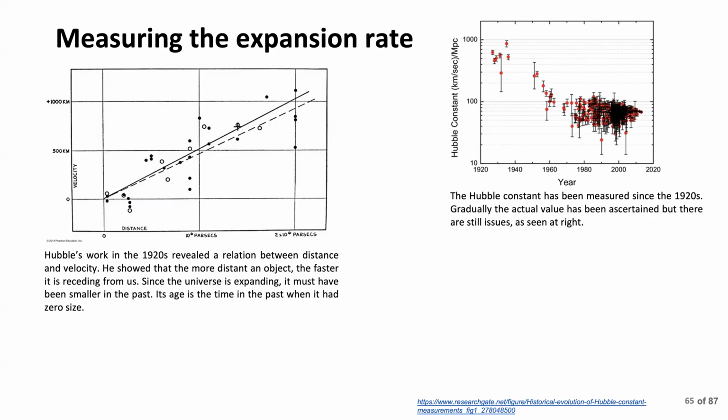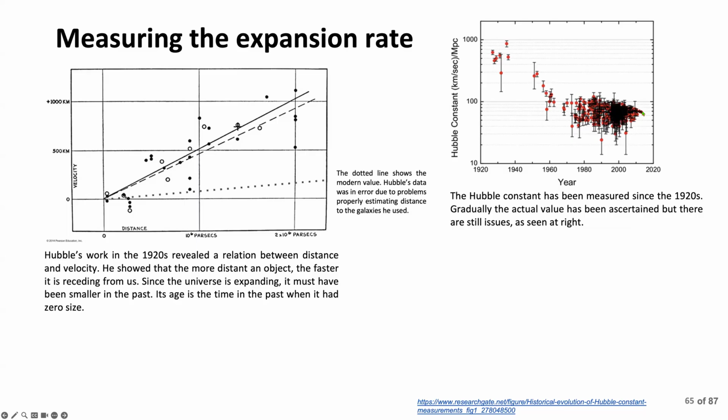So Hubble in the 1920s estimated the expansion rate of the universe by measuring the recession velocity of galaxies, and his numbers were here. These are the velocities that he estimated. The problem was that his estimate of distance was way, way off. And you can see why. It's a complicated thing to develop a methodology for getting the distance correct. He had the velocities correctly, but the distance is hard. And so what's happened over the last 100 years is the value of the expansion rate, which is called the Hubble constant, has drifted down, down, down,